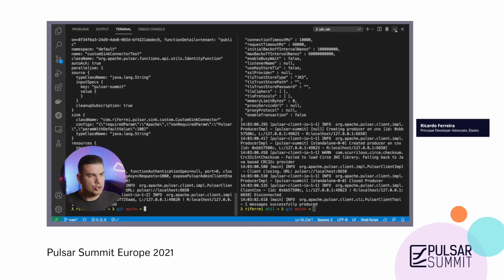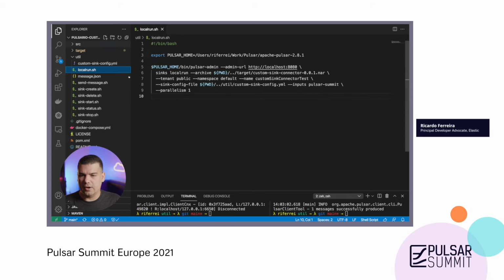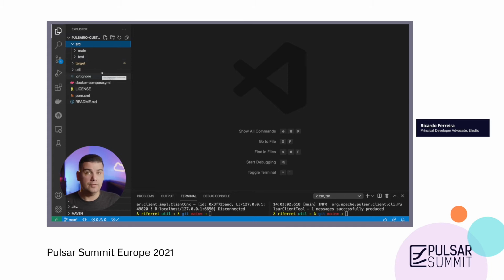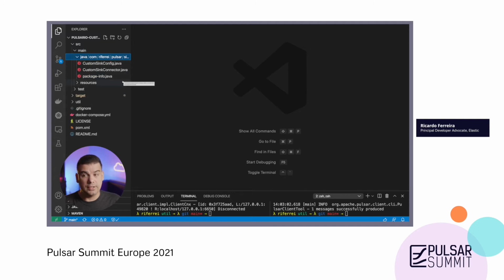Let me now show you some details of the actual code, because ultimately this is what you need to learn in order to build your own. This is all Java development code, so you're going to need some basic knowledge of Java and how Java works and things like this. And if you go to the Java folder, you're going to see that there are only two classes. I made it really simple for you to look at the code and understand what's going on.